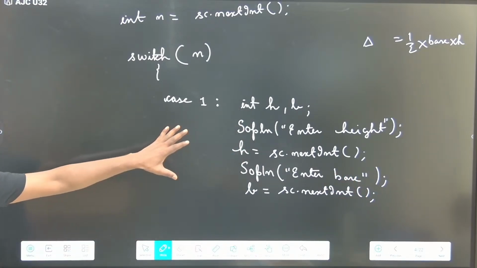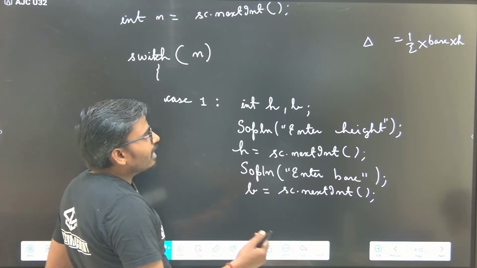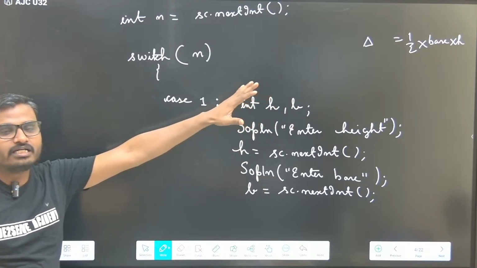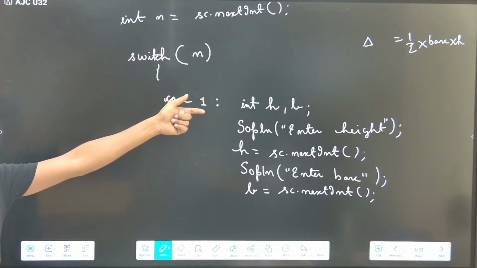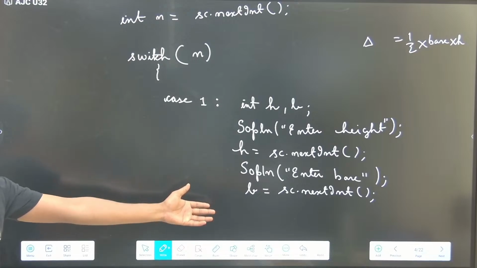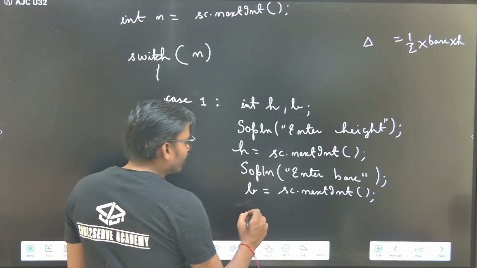After that, we need to find the area. So whenever you see a divide there, there is a possibility that you will get a decimal point number. So whenever you calculate an area or an amount, you take a double type or a float type. So here I will take